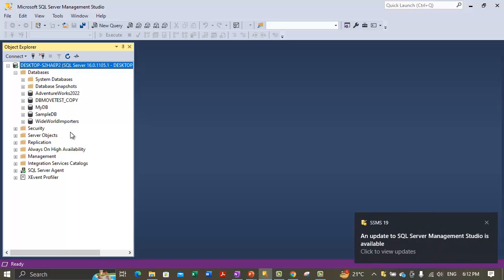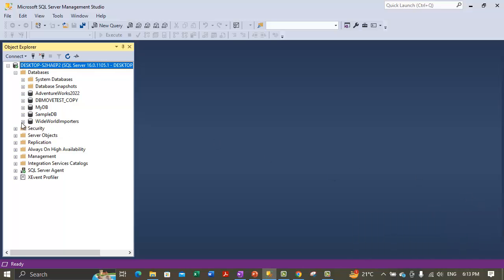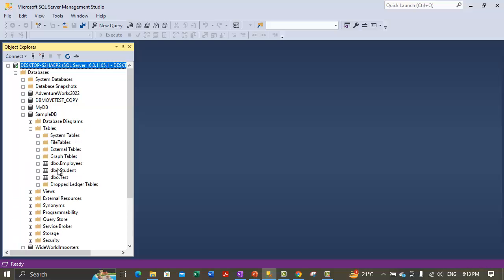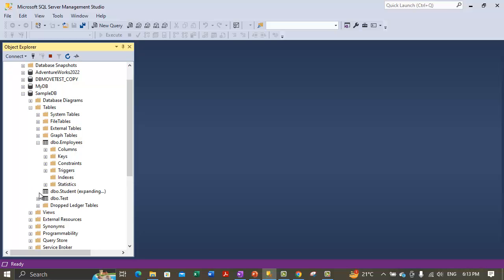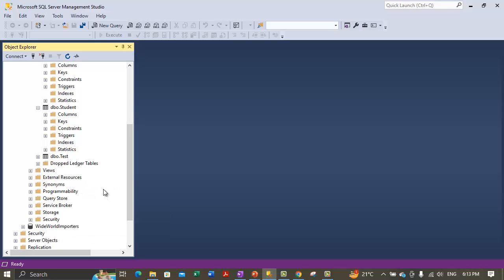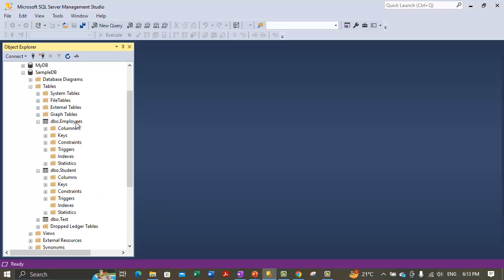Basically we need to expand the database that contains the table on which we want to create the index. For example, let's take sample DB. I'm expanding the table section, and under each table let's see what all indexes we have. For the student table we don't have any indexes. For the test table we have some indexes, so let's not use that table, but we can use either the employees or student table. Now we have expanded the sample DB